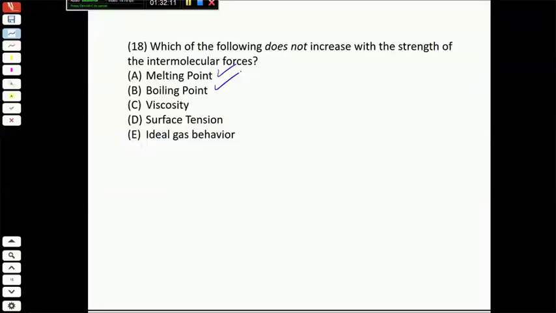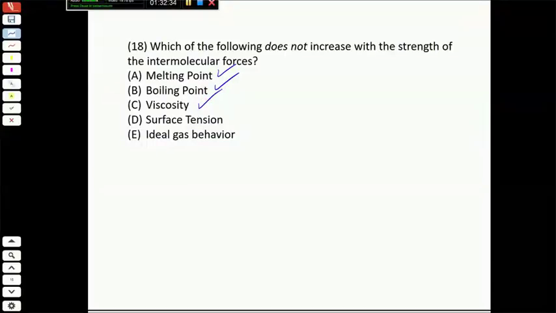The next one is viscosity. The next 2 are the properties of liquids that we learned about. So viscosity is basically the resistance to flow, or how thick the liquid is. And this one would also increase with intermolecular forces, because if the molecules are held together more tightly, they don't flow as fast. They're sort of sticking to each other, and so you would get a higher viscosity if you have